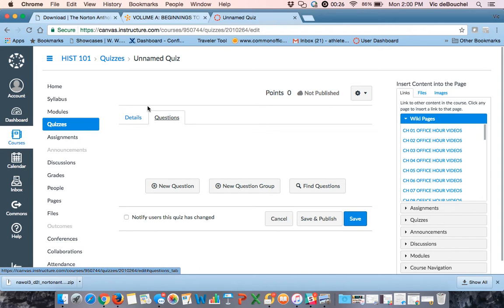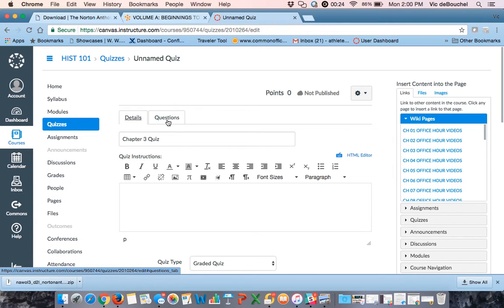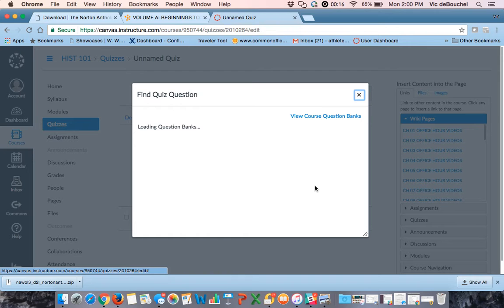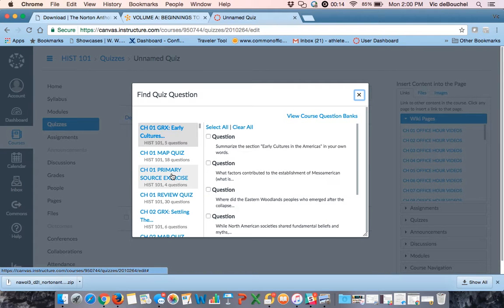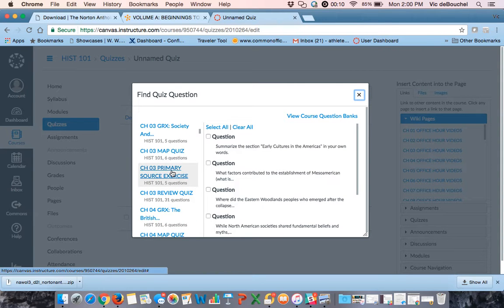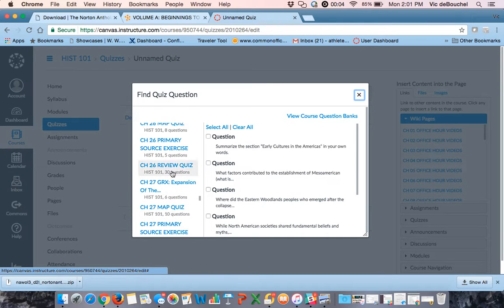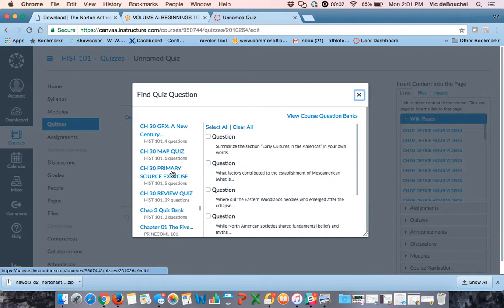So our questions, when you click on the little right-hand questions icon right there next to the details, let's find questions. And if you remember, all these question banks were there. We just saw those. But let's scroll down to the bottom. So if you're doing it the old-fashioned way, or the Canvas way, if you will, you have to